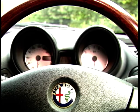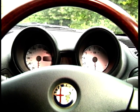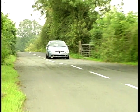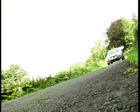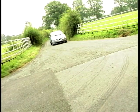That retro feeling of the silver handles is carried on the interior. It's absolutely gorgeous. It has curves in all the right places. And the deep instrument panels really add to the sporty feeling of the 156. And I just love the way this mahogany steering wheel feels in your hands. The leather sport seats do come as an extra, but I reckon they're so much nicer than the velour ones that come as standard, they're worth saving up for. All in all, the 156 is the kind of car that it's a pleasure to wake up to in the